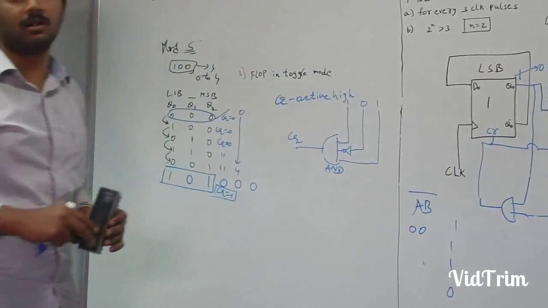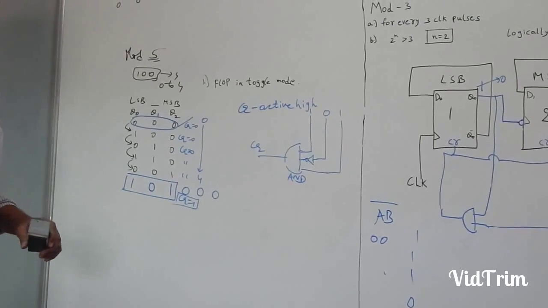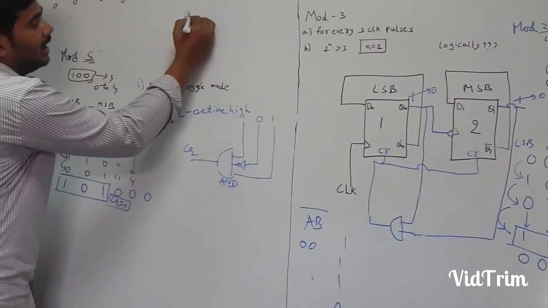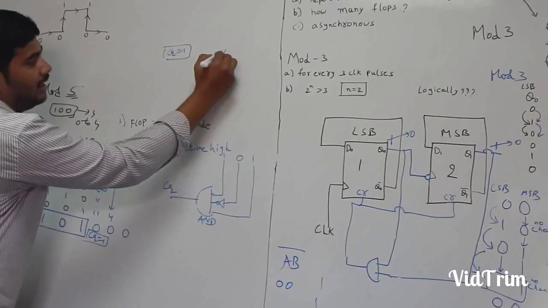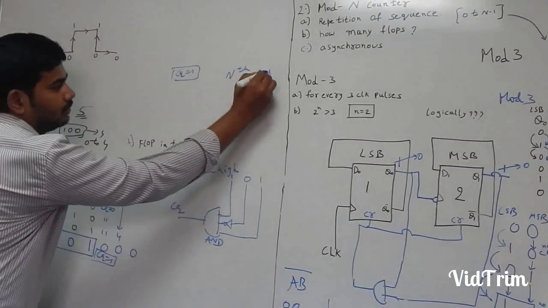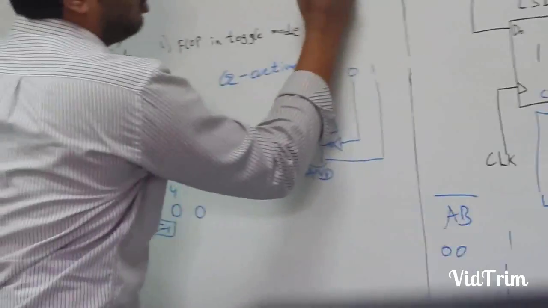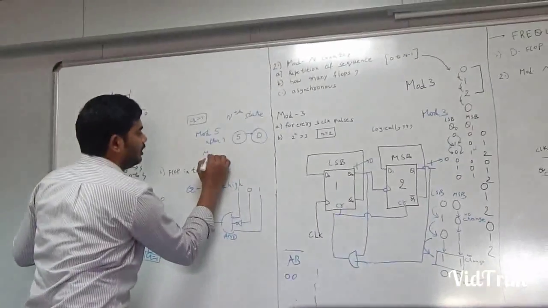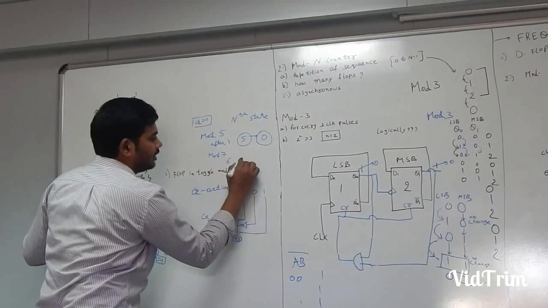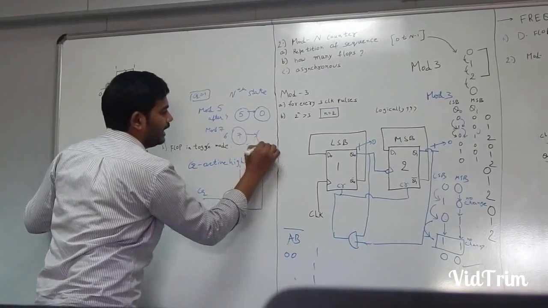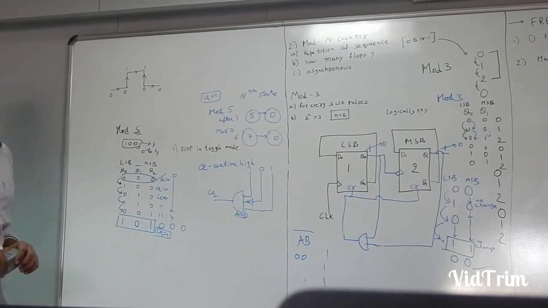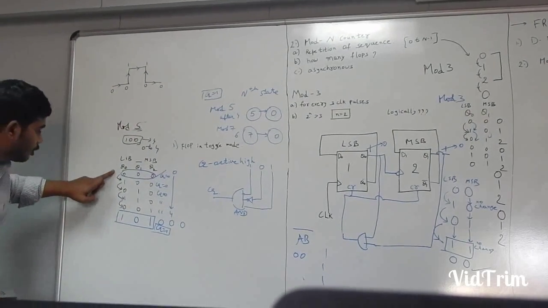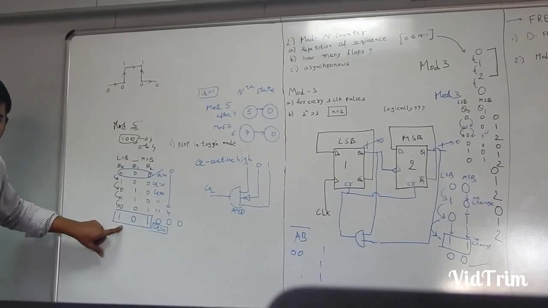Any counter for that matter. So you should be clear in making the clear pin active for that nth state. Means if it is mod 5, after 4, 5 would come, obviously. This one you should make it as 0. If it is mod 7, after 6, 7 would come. This 7, you should make it as 0. You should do something. And you should satisfy for all states also. It should not only satisfy for this.